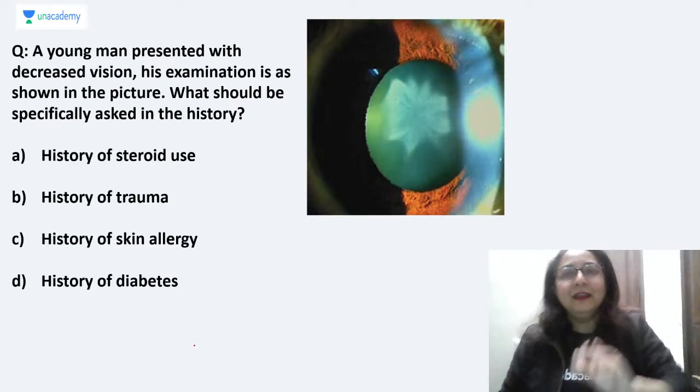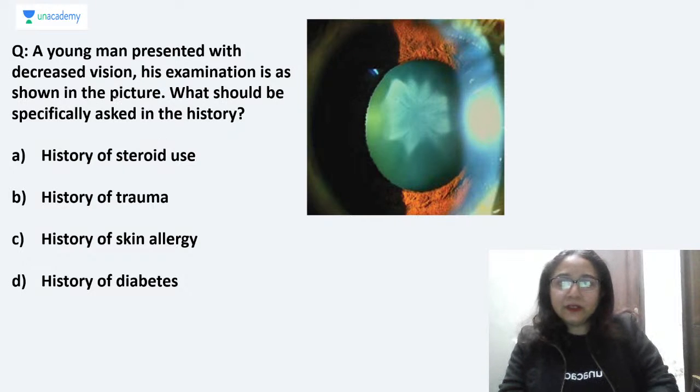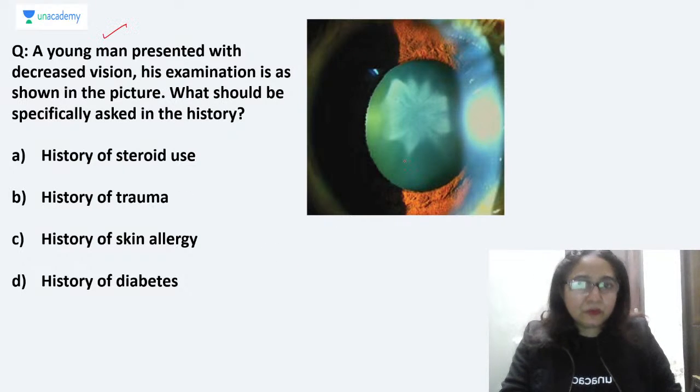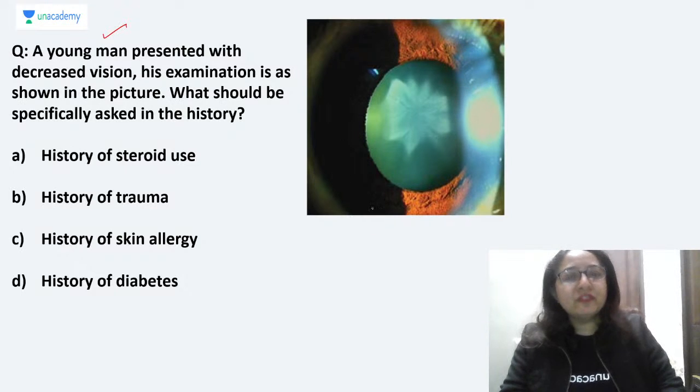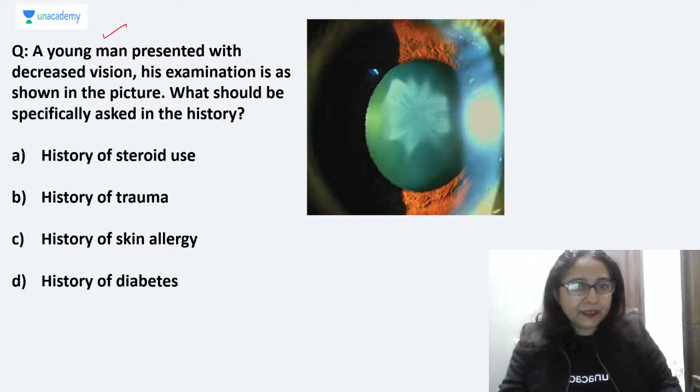Okay, another important topic. Let's see the case history. A young man presented with decreased vision. His examination is as shown in the picture. What should be specifically asked in the history of this patient? So, a young person presenting with decreased vision, and they have again given us a slit lamp picture. So what is most striking in this slit lamp picture? We see the cornea is clear, the iris is normal, the anterior chamber is appearing normal, but what is abnormal here? We are seeing this lens opacity